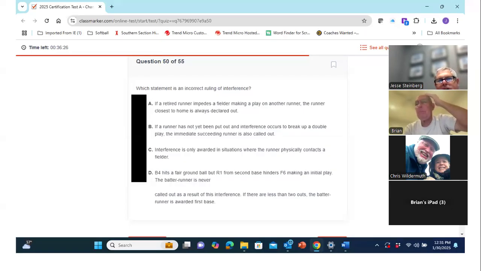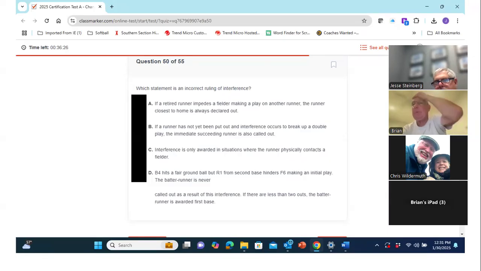Now, one or A is by rule book correct, but may not always be adjudicated that way, because you might have a retired runner who's sliding into second base who takes out the shortstop, and you may give them the completion of the double play at first as compared to calling the runner going from second to third out if it's the third out of the inning and no one's going to care.